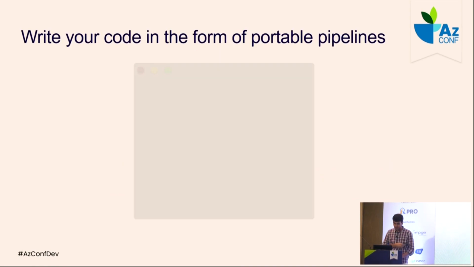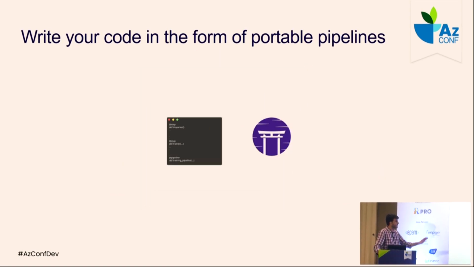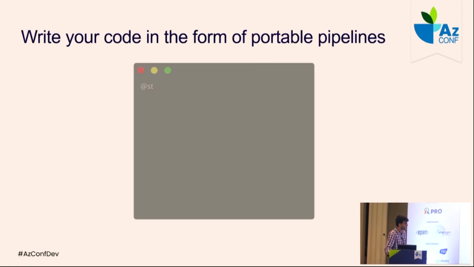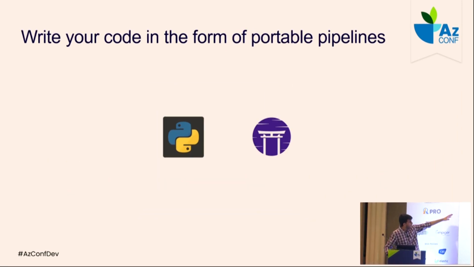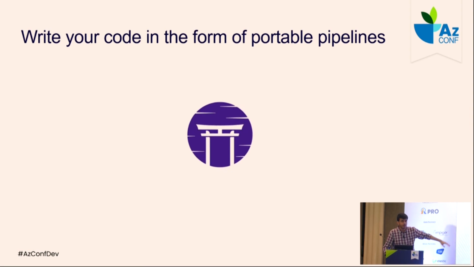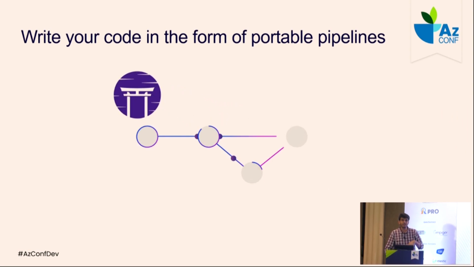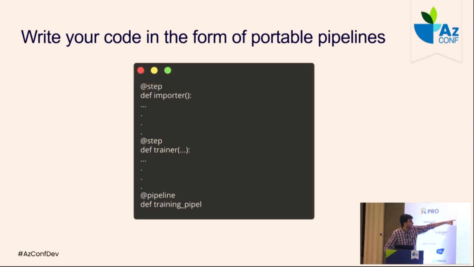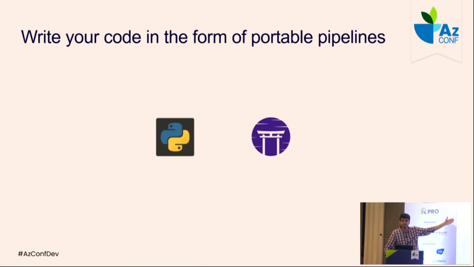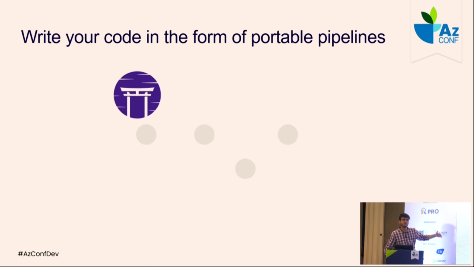All right, so enough for the talking. I'll just show you some code here, first of all. How this happens, okay, I'll go back. So this is how you define it. So you have a Python interface, first of all. So you define in terms of Python functions. So each of the steps is a different Python function, and that is done through a decorator, like add step. So this step defines a particular step, and then you define a pipeline using a combination of these steps.